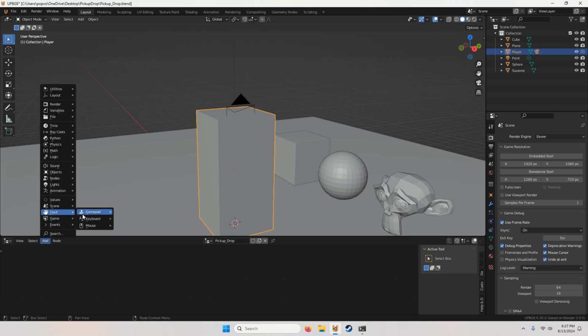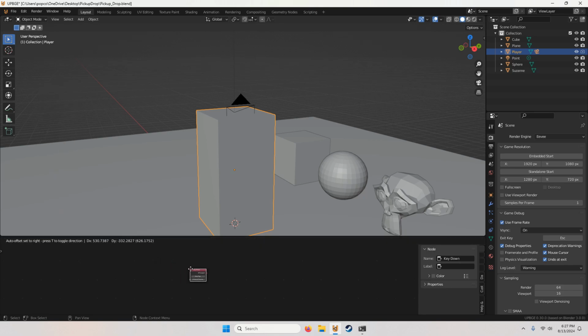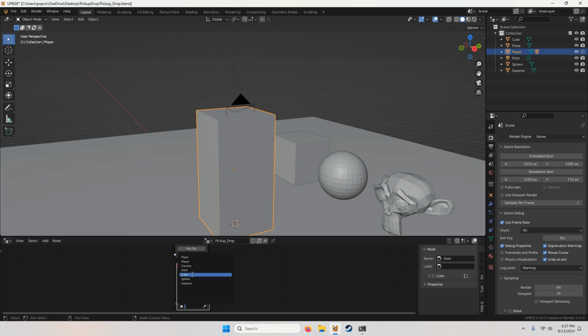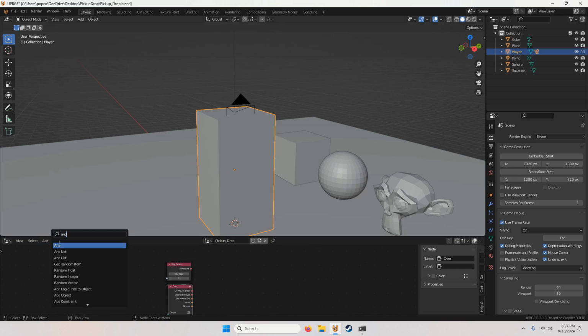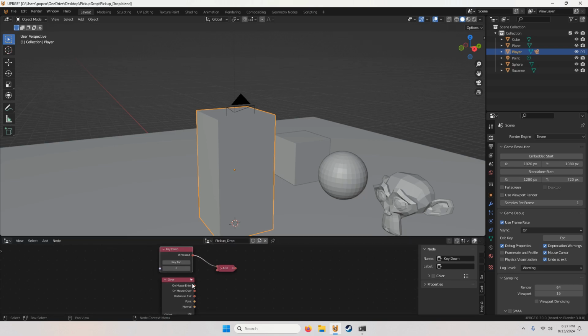Let's add some input. An over node. Cube. And node. And I have on mouse over connected.